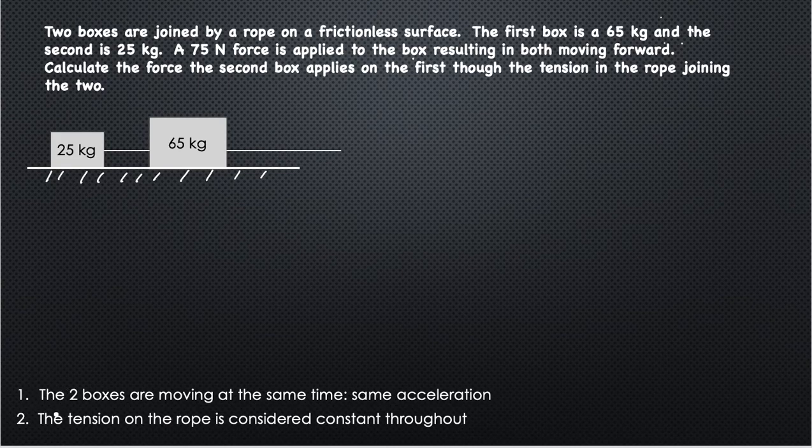The first principle is that the two boxes are moving at the same time, which means that they will have the same acceleration and the same velocity at any instance. The second principle is that the tension on the rope is considered constant throughout. So for example, if we name the smaller block A and the bigger block B,